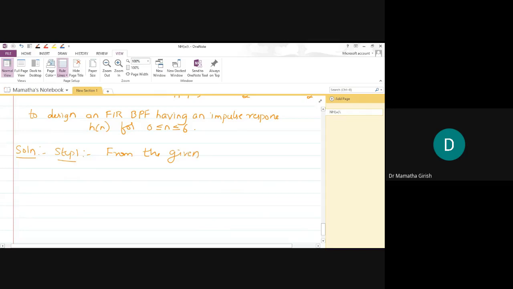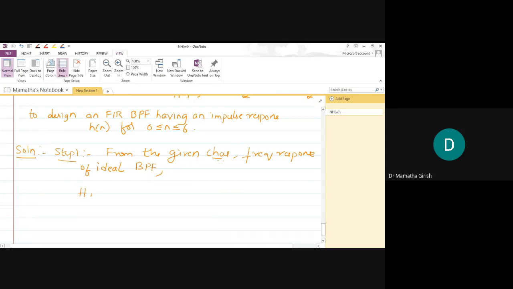What was the plot given? From the given characteristic, we may say that the frequency response of the ideal band pass filter